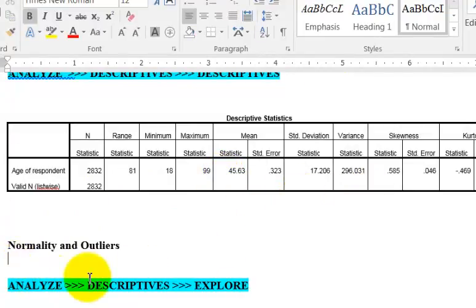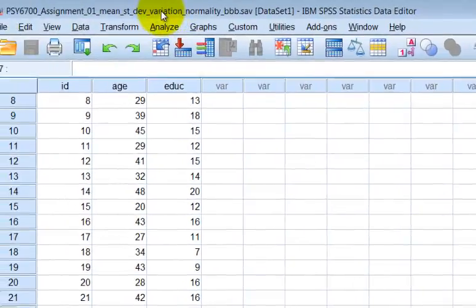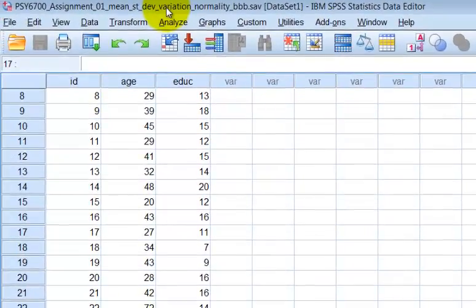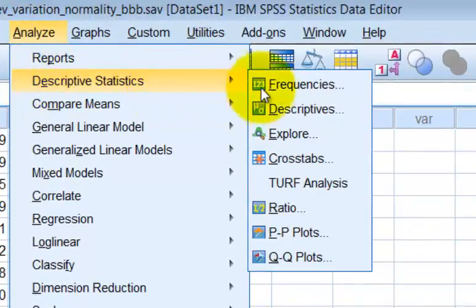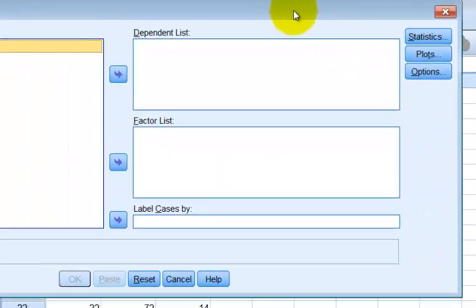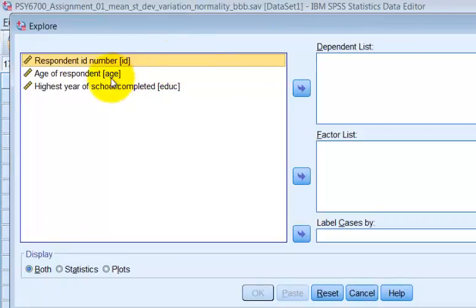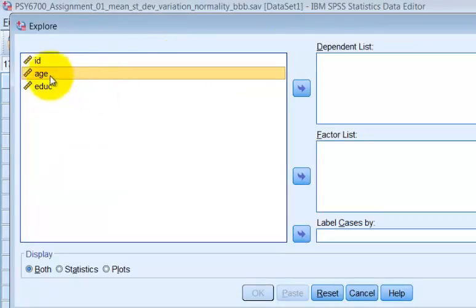So now we're going to look at the normality and outliers. Hold on. Back to the data sheet. Okay, let's move this over a little bit. So we're going to check the normality for age. You're going to go to Analyze, Descriptive Statistics, Explore, and we're going to kick age over, right-click, change it to age. You don't have to do that, but I'm going to put that in the dependent